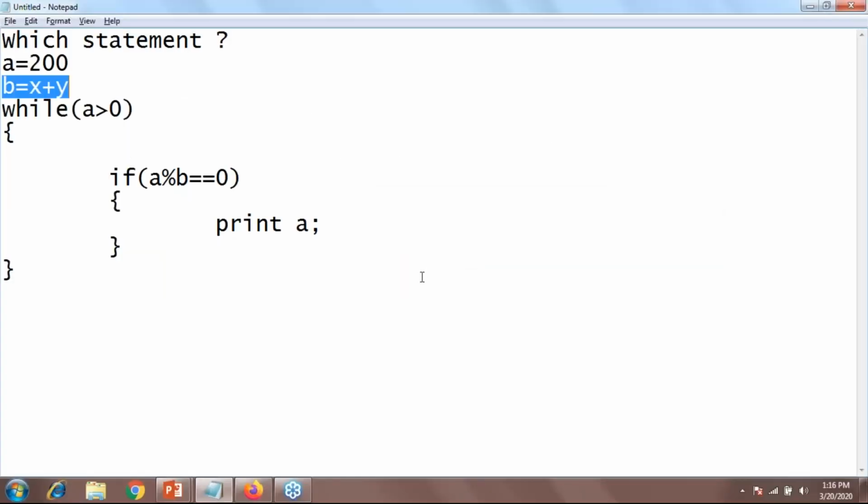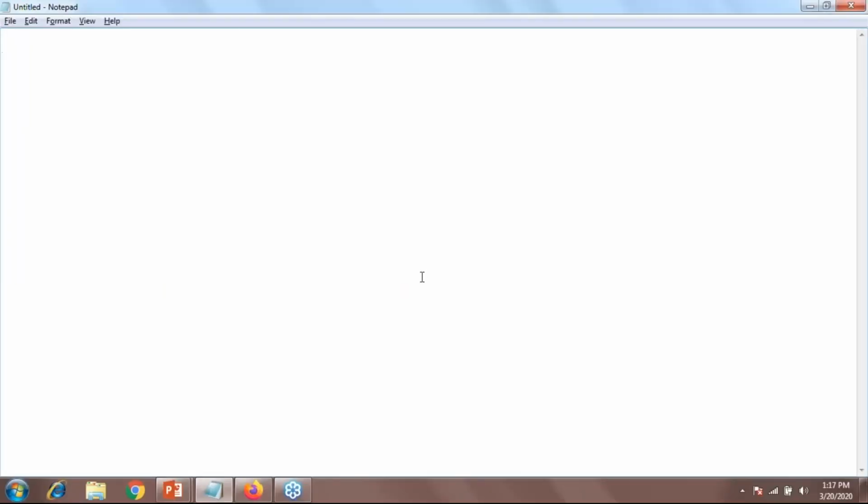So if multiplication has higher precedence than plus, the strength of my star is always higher than the strength of my plus, right? As well, the percentage, modulus, is greater than plus, having greater precedence than the plus operator. So the strength of the modulus operator is always higher than the plus operator, right?